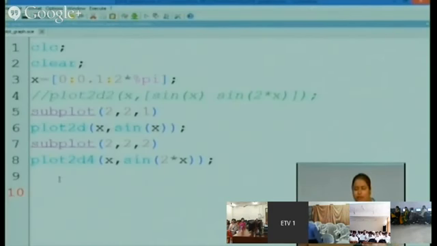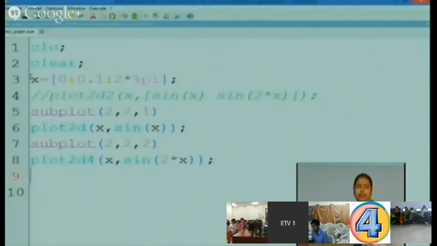Similarly, if we want to plot something using a function, there is a provision in Scilab. In MATLAB, we use a separate file for storing a function. But in Scilab, we can use a separate file for storing a function, and also we can declare a function in the main program by using the keyword DEFF.